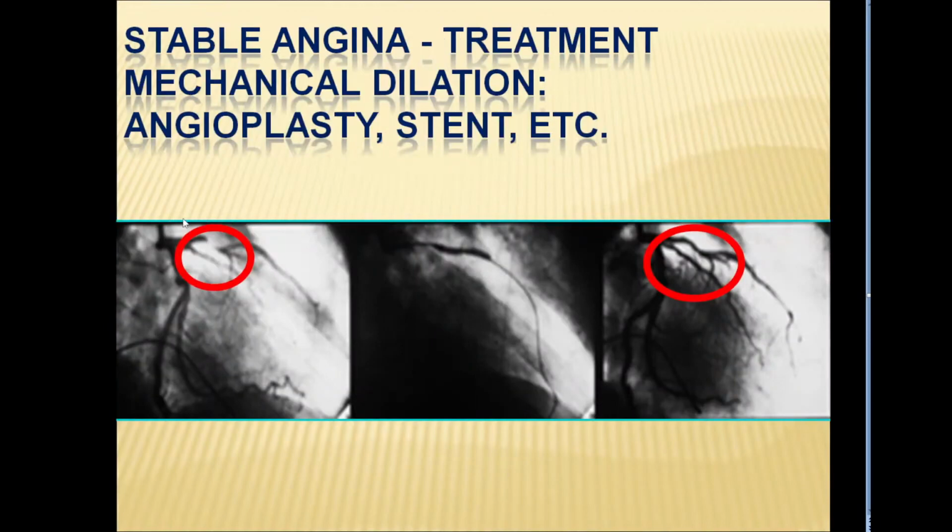Again, you can compare the patient before and after stent treatment. Coronary circulation is restored, blood supply is normal, subjectively the patient feels healthy, he can do normal physical exercise, and it will prevent formation of